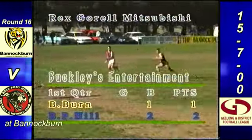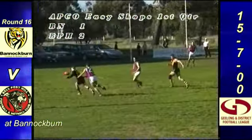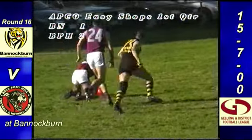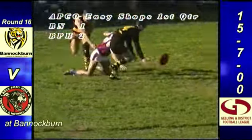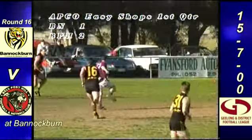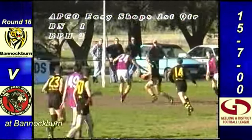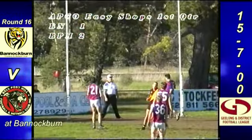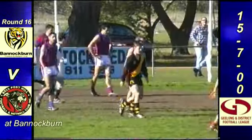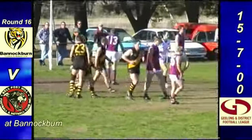Connors pushes the ball forward where a mark's been taken by Ross Dillon. He quickly plays on and pushes it up to where the Harding show begins. Can't get control of it though, and Andrews comes in to try and assist. Very, very quickly picked up there by young Brett Harding, who turns, puts it over and gives the ball over to Dwayne Broom, and he turns onto the left foot and kicks a goal, the first goal of the day